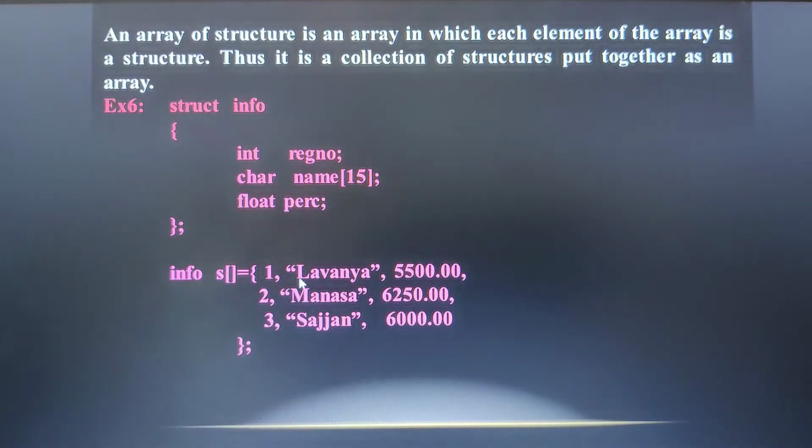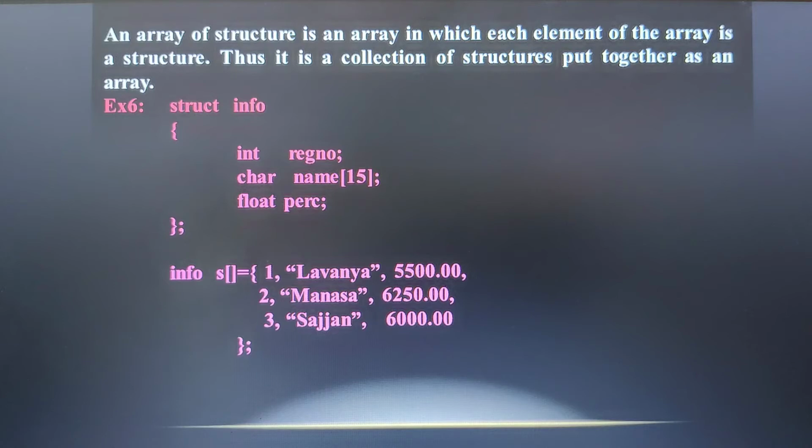Now let us see how we initialize. So struct followed by a structure name. Here our structure name is information, with register number, name and percentage. It is simple, as previously when we were initializing the simple structure. In the same way we can initialize it here also, but here you have to give a subscript. If you know the size of the array, you can give it. If you don't know the size of the array, you can leave it empty. Just by knowing the initial values, you can make out what will be the size of the array.